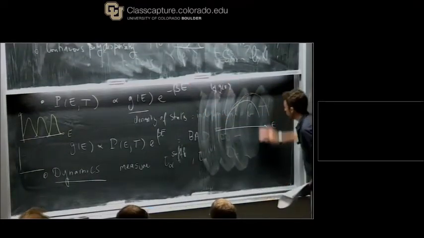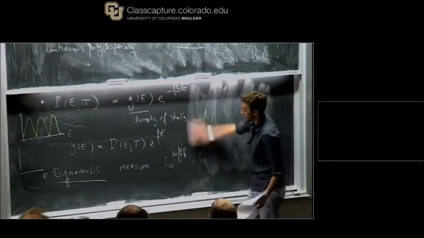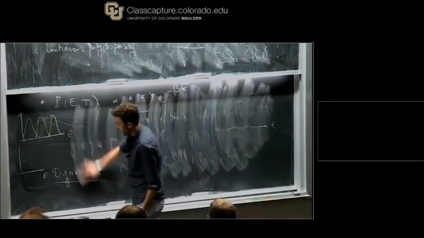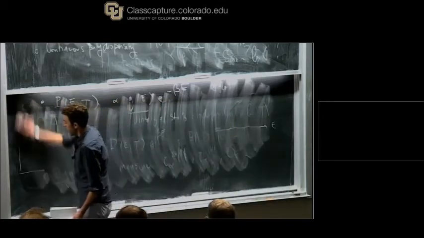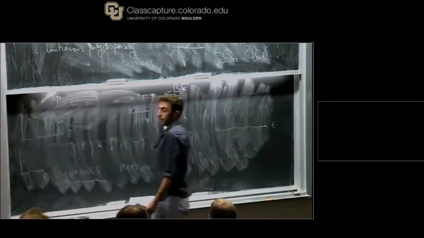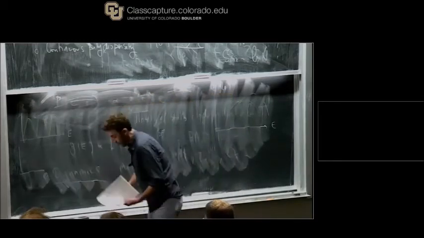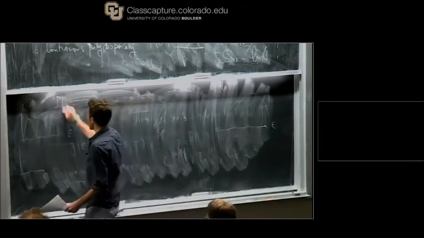Because imagine that you have a distribution of particle sizes that is extremely narrow, of width much smaller than the typical size of the particles. Then physically it would seem that these particles are all the same from the point of view of the physics. Okay, so if you have a distribution that's like this,